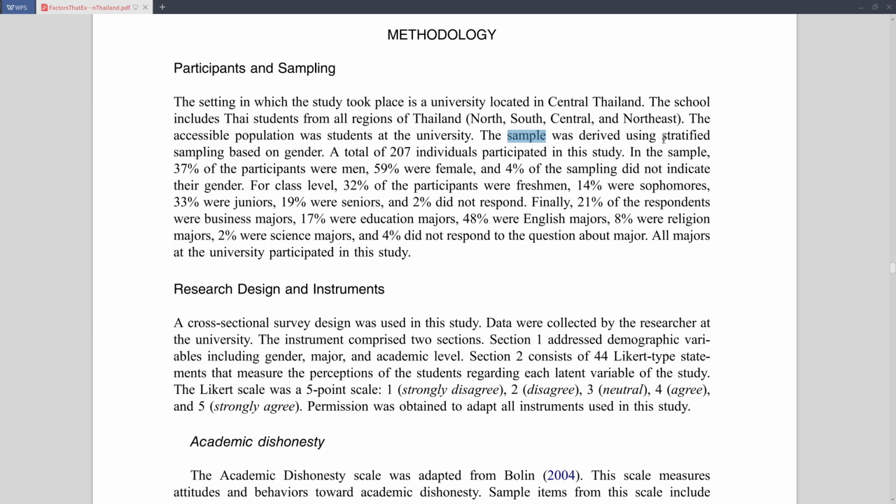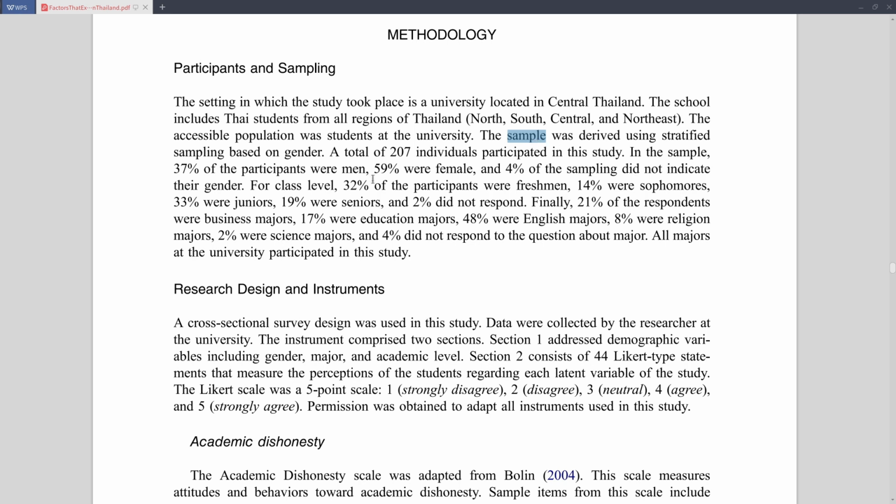Stratify is where you have a group, you divide the people based on a criteria like gender or major or whatever. Like you want 10% of music majors, 15% business majors, and you make sure your sample reflects that. And then you have convenience, which is kind of like whoever's available can participate. Again, we don't want to get into the details of that too much, but I have my sampling